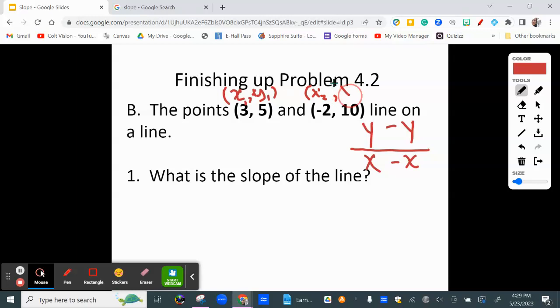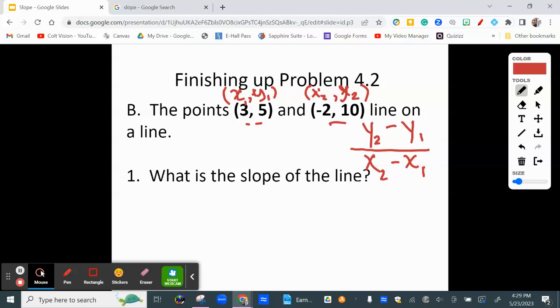So that's what the little 2 there is at the bottom, sub 2. So we're going to take the first point. It doesn't matter which one's first and second, you're just labeling it. You're going to say, this is my first point, and this is my second point. I could have gone the other way around. It wouldn't matter. And so the important part is that I'm going to subtract the second point minus the first